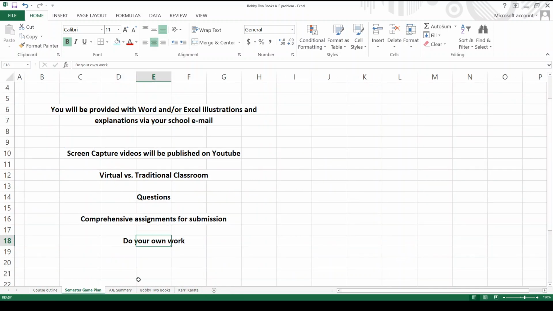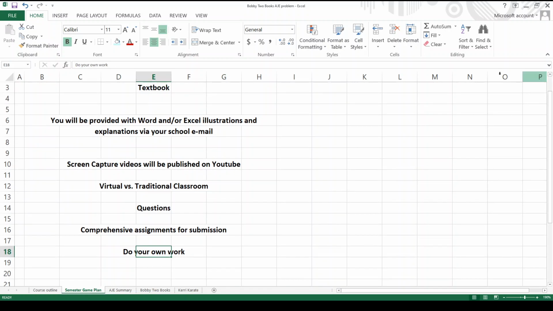Semester game plan. Obviously going to have the textbook to use as reference and so forth, and then I will make infrequent references to the textbook. You're going to receive illustrations. It'll be Excel files mostly, perhaps a couple of Word files. We're going to try to illustrate things and explain things, so you'll have that. And then you'll have what I'm doing right now, screen capture video, which my technical assistant, otherwise known as my son,